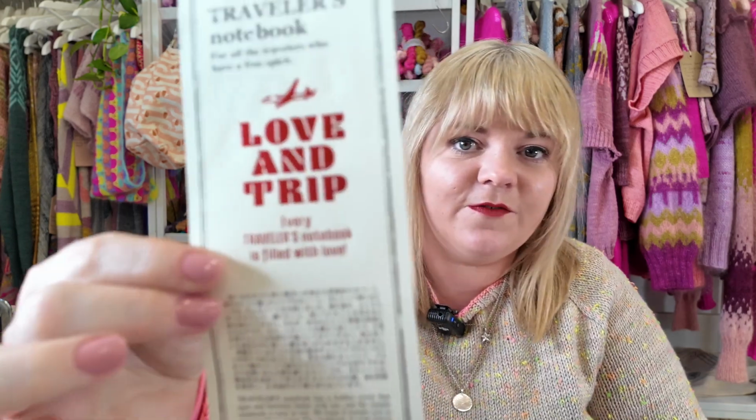What else have I got to show you? Oh, the new Love and Trip Traveller's Notebook. So I was planning to do an unboxing video of this new edition. I'm just going to open it here. I'm going to open it. So it comes in a lovely...